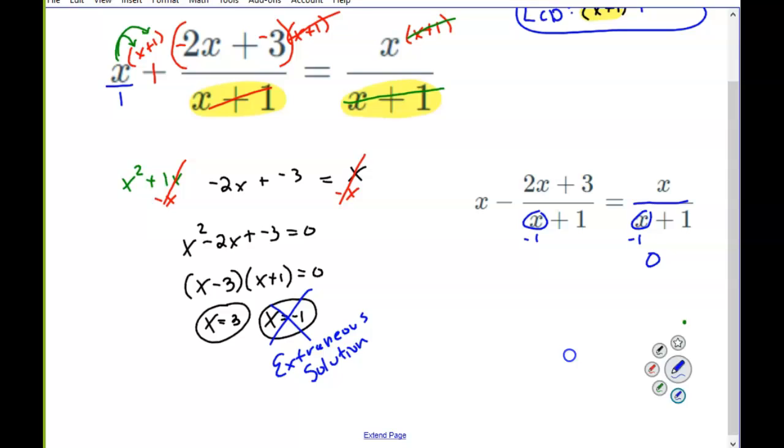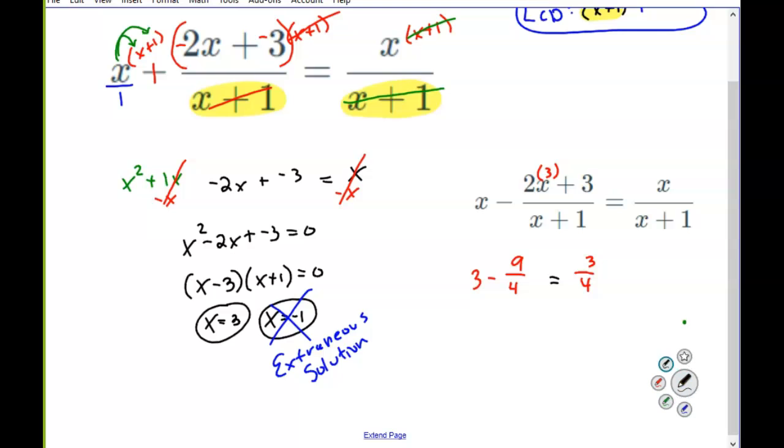Right? Now, unfortunately, we can't really do that with the 3 because I can plug 3 into the denominators. So I still have to check that 3. And that's where you can do as little or as much work as you need to. But let's kind of quickly check 3 here. I'm going to do some of this in my head. Like 3 times 2 is 6. 6 plus 3 is 9. Over 3 plus 1 is 4. And then I'd get 3 over 4